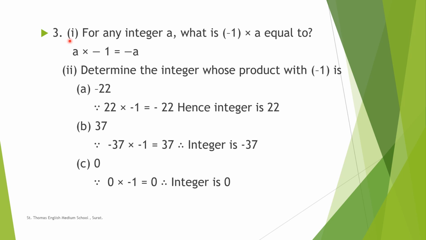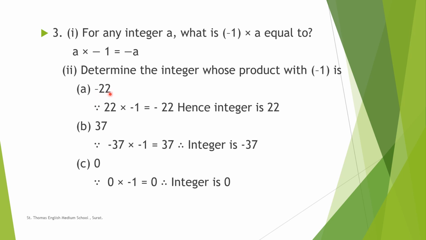Question number 3. For any integer a, what is minus 1 multiplied by a? Clear? So minus 1 multiplied by a, answer is minus a. This already we have explained. Second one, determine the integer whose product with minus 1 is: